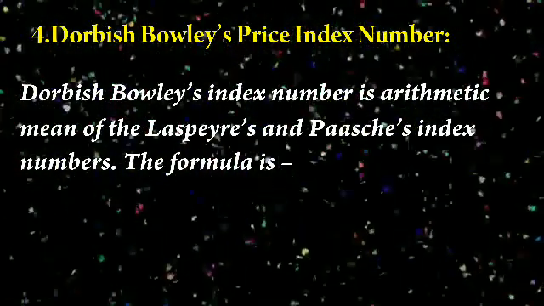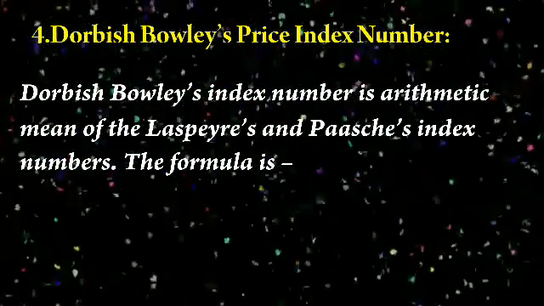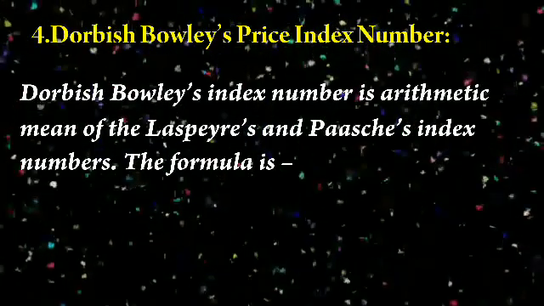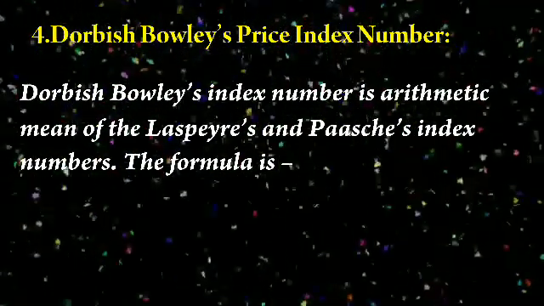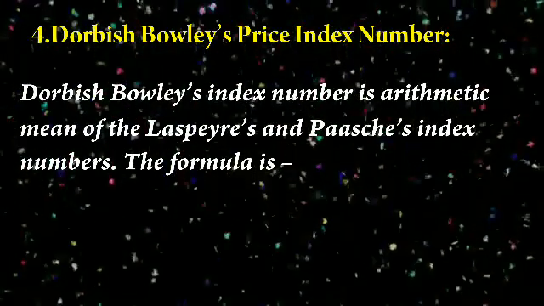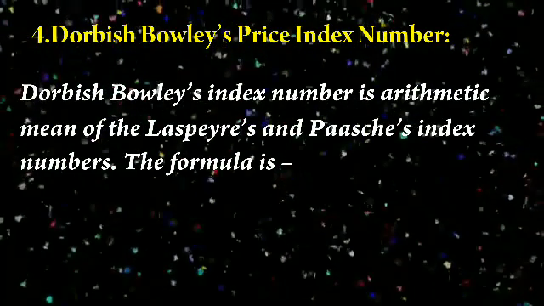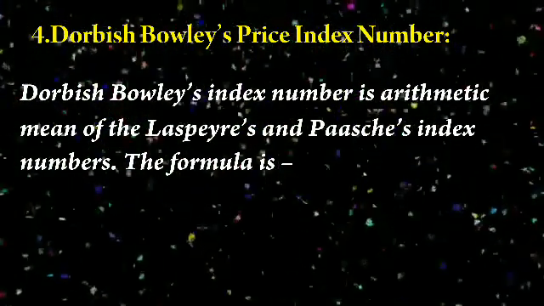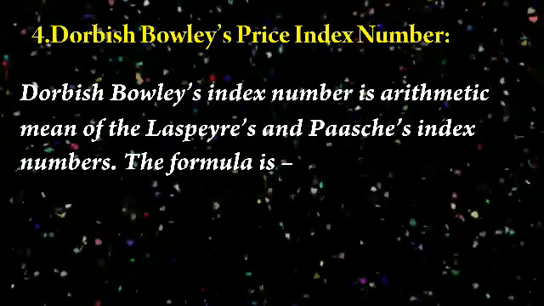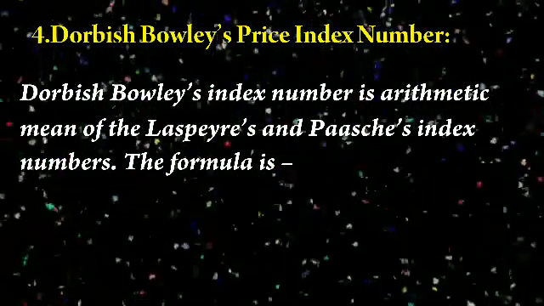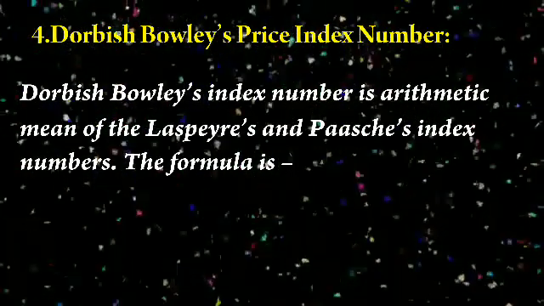So how to compute arithmetic mean? It is the sum of the given observations divided by the number of observations, right? If the given observations are 3 and 2, 3 plus 2 divided by the number of observations which is 2. 3 plus 2 by 2, that is 5 by 2 which is 2.5. This is the method of computing average, right? So the same method is applicable here. So average of Laspeyres and Paasche, which means you should add Laspeyres, add Paasche and divide it by 2. That is how you will obtain the answer.